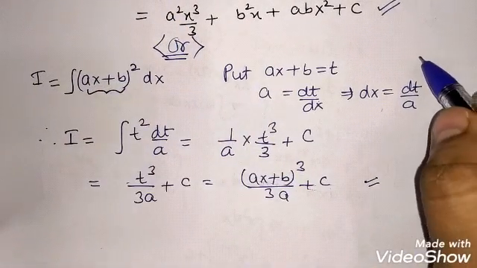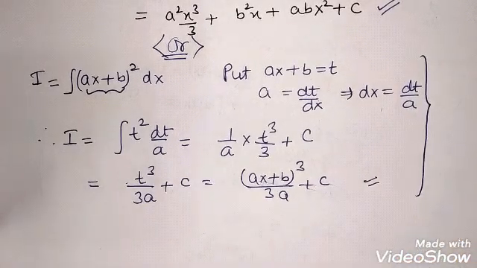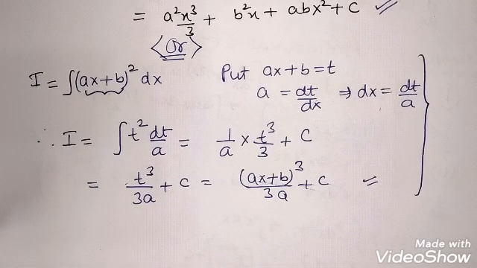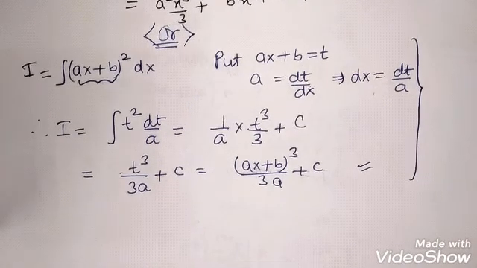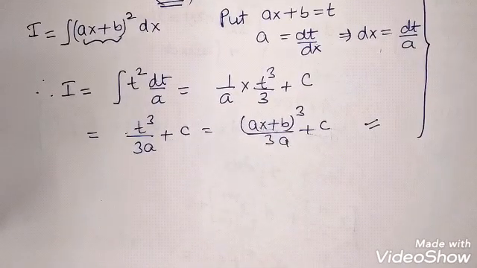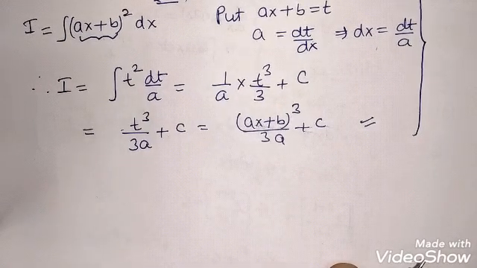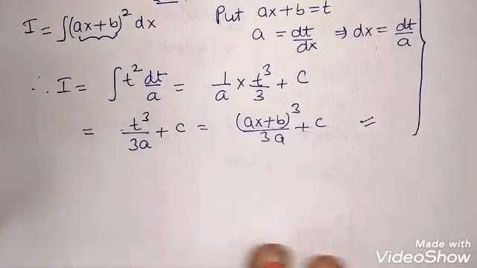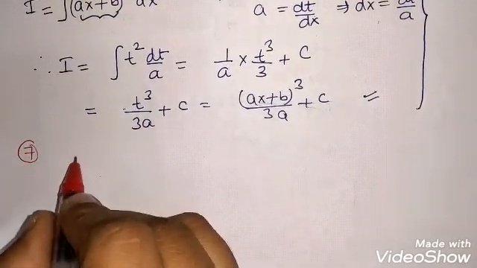You can skip it till now, but you have to do it by using substitution. That is the second or third exercise of your NCERT. Then question number 5 is so easy, 6 is also easy, 7 is a bit tricky, not that much. You have to multiply in example number 7. While watching my lecture, you have to keep your NCERT with you, so that you are able to do all the exercise questions by yourself.